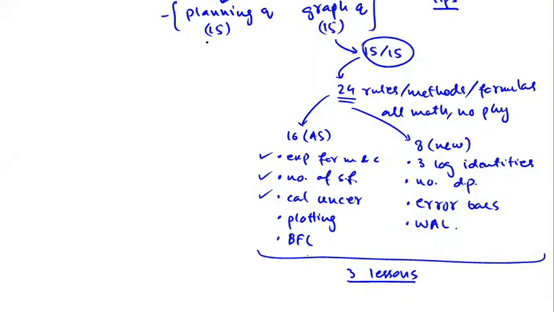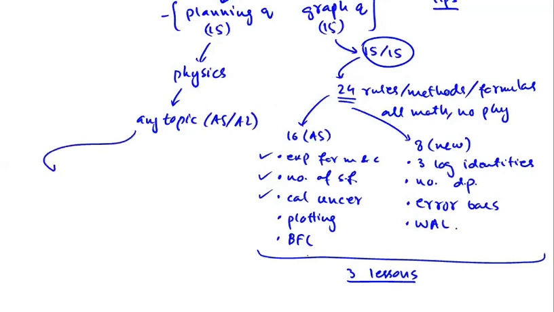The planning question is a relatively difficult question. Why? Because to do the planning question, you should have sound knowledge and understanding of the principles and laws of physics. Moreover, the planning question can come from any topic of physics, from the AS or A2 syllabus. And the common topics from which the planning question comes are mechanics, DC circuits,